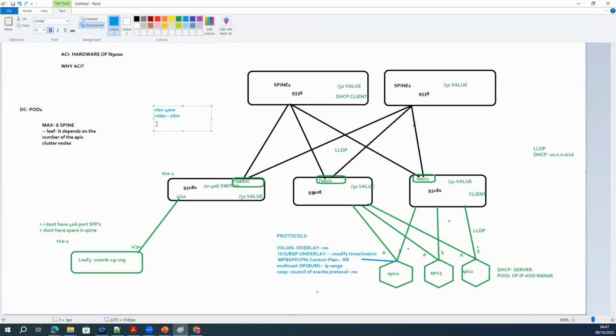Now, second, this is not the only reason we use VXLAN, right? VXLAN is an overlay protocol. What is an overlay? It needs an underlay to work.